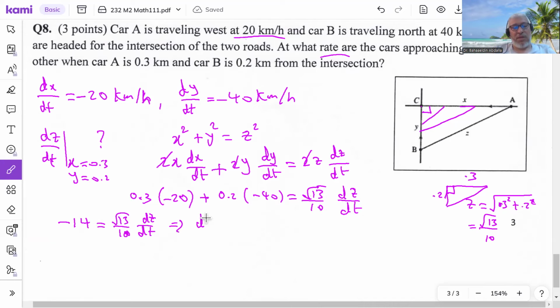And then dz by dt would be found by multiplying by 10 over square root of 13 to get rid of this one. So it would be -14 times 10, -140 over square root of 13 kilometer per hour. Or if you approximate, it would be negative